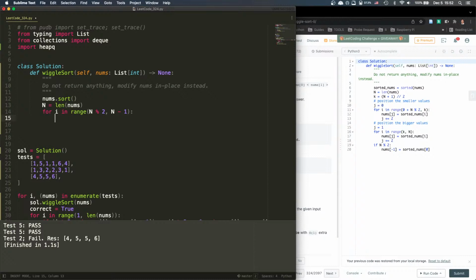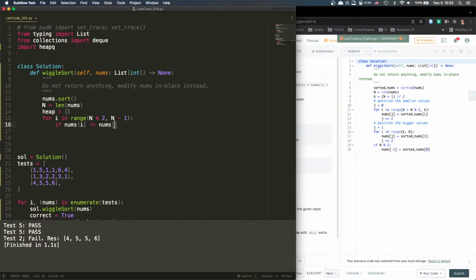And I'm currently at i, so I need to check. Oh, we also need a heap, right? So now I am at i. We say if nums i is not equal to nums i plus 1. Right, if these two are not the same,